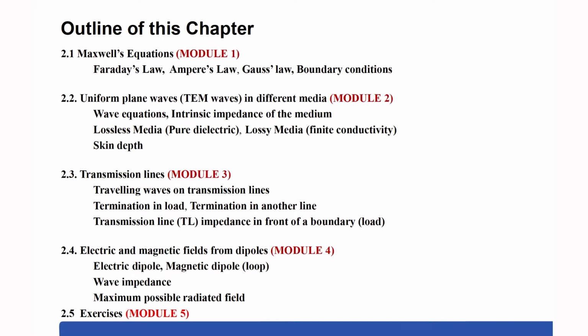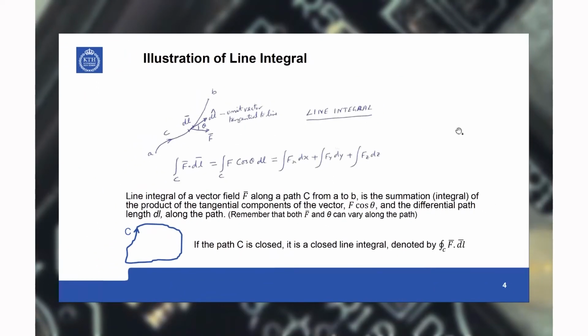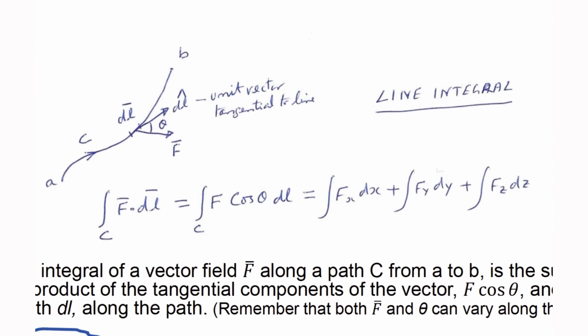Then in module 5 we will do several numerical examples. First we consider the illustration of line integral, which will come in several of the Maxwell's equations. Imagine a vector field in space all around here, F. Here the bar above F indicates that it is a vector, that is, it has not only a magnitude but a direction also. Consider a path A to B,